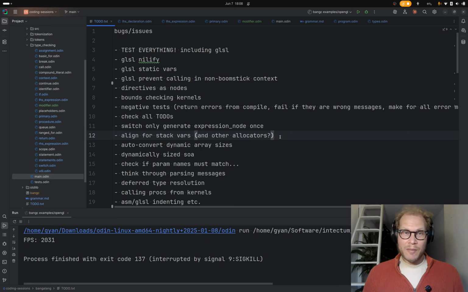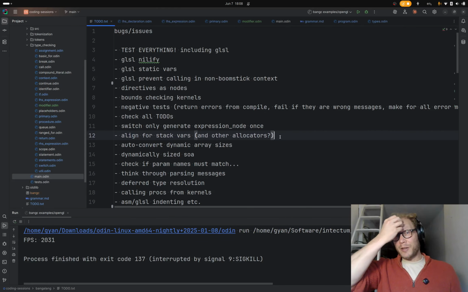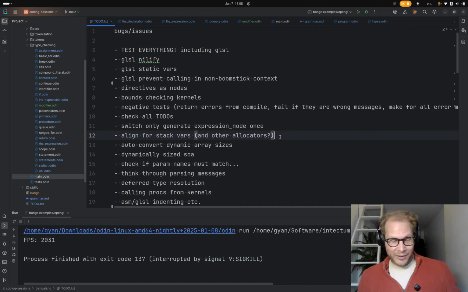It turns out that mmap that we use for allocating heap memory actually allocates a page aligned memory address, which means it could be super inefficient if you do lots of little allocations, because each time it's essentially allocating a whole page, which is like 4,000 bytes or something.